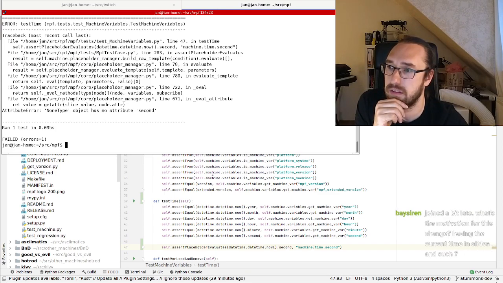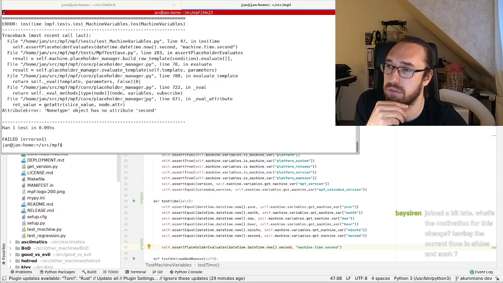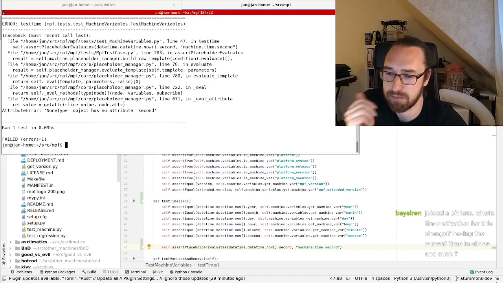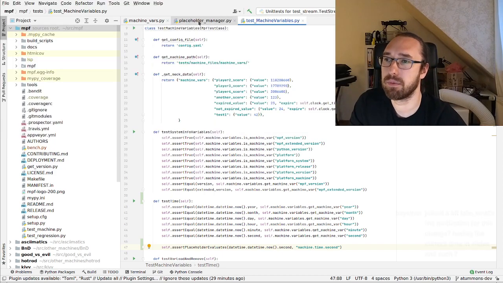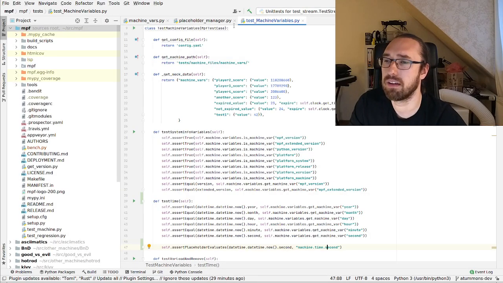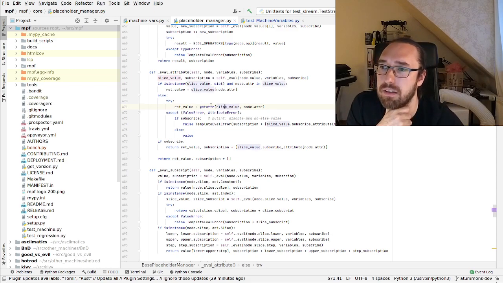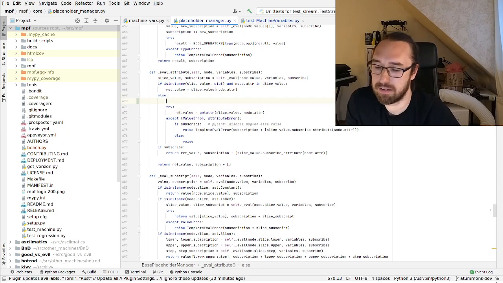Machine. Yeah. Because time does not even exist. So that's basically empty. And now the first thing we could do, I mean, this error isn't nice, so I'm just noticing. The first thing I would do is make this error nicer, because that really doesn't look nice. So go there, and here we run get attribute on something. So what we could do is if